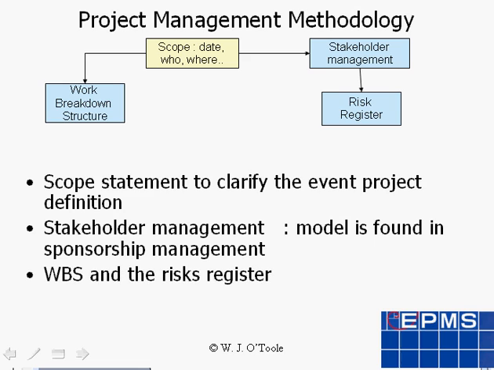Now, the event organizer must create a work breakdown structure. This is the core to all event management. And if you don't know about work breakdown structure, then I suggest that you get some training in this area. At the same time, it's necessary to think about the possible problems, and that becomes your risk register. From the work breakdown structure and the risk, we get the critical tasks such as permission from the police or licensing or getting the sponsor involved.